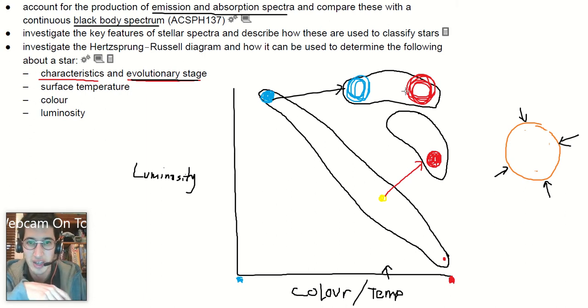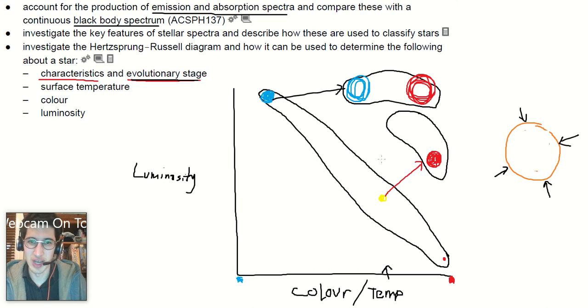For these big guys up here, they're a bit more dramatic. When they crunch in, they can sometimes crunch in so hard that they fuse the nucleuses of lots of atoms together to form a neutron star, or they can crunch in so hard that they fuse all matter into a single point and result in a black hole. So these two can do that, which is amazing. But these guys here, they're going to,